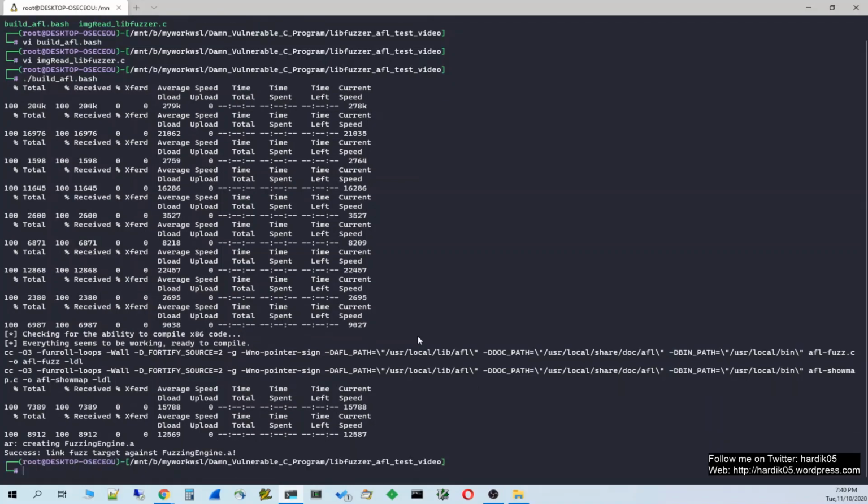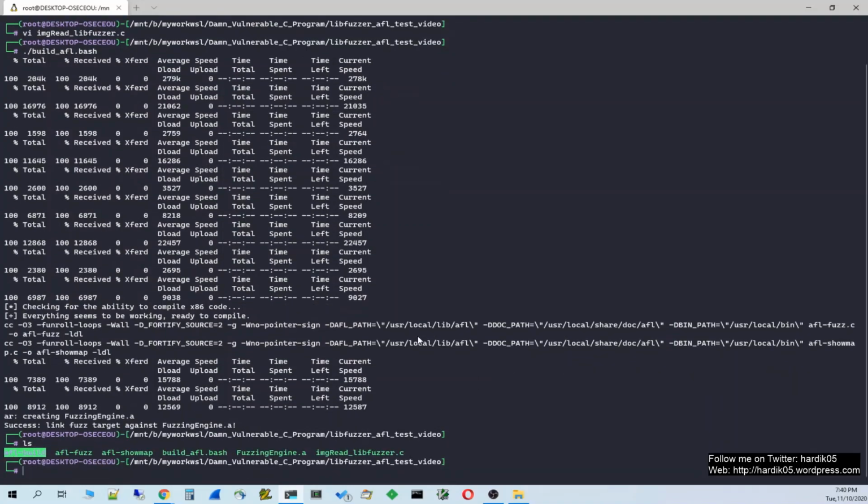And okay, so let's see what kind of file it has generated. It has created one AFL build directory, then some executables, that is afl-fuzz and afl-showmap, and then there is one file, fuzzingengine.a over here, and this img_read is our vulnerable LibFuzzer C program.